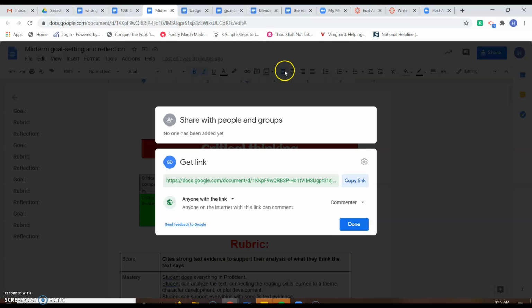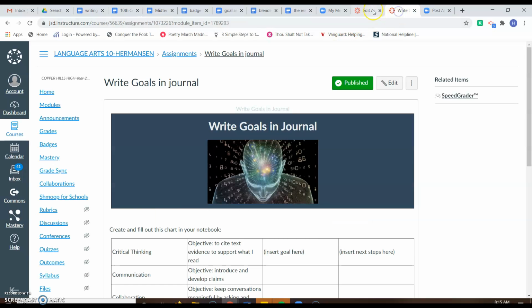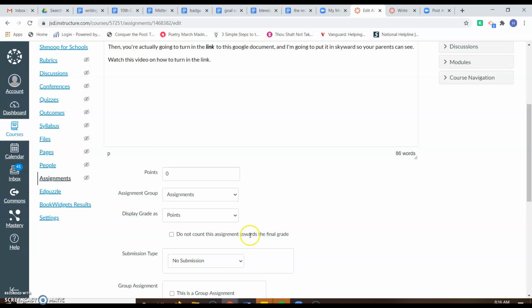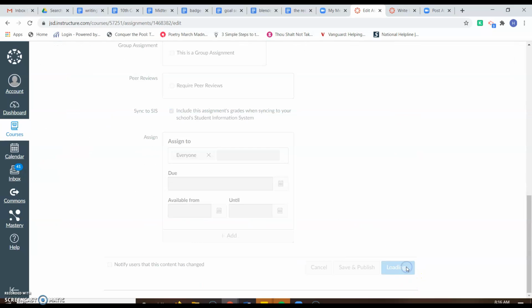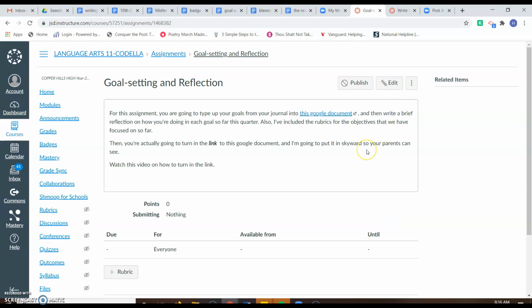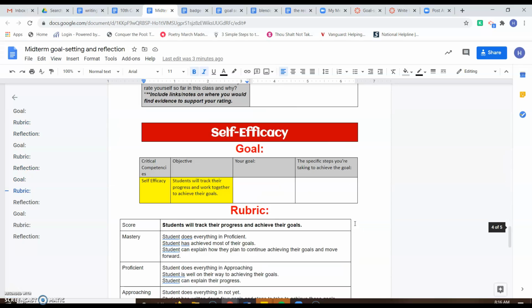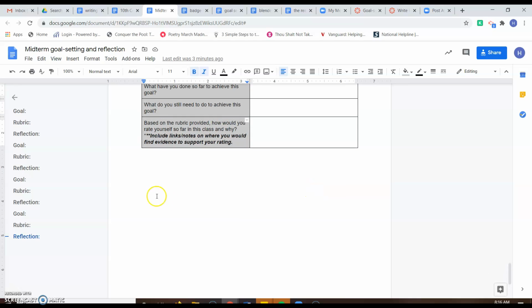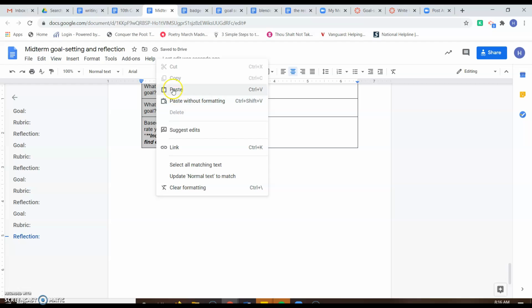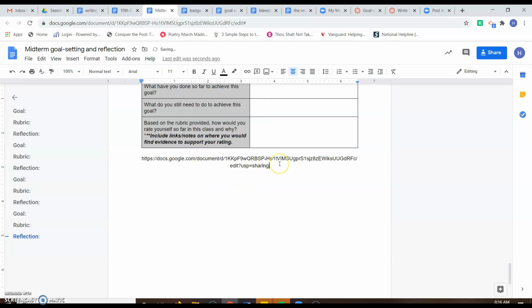And then you're going to come over to Canvas, which is right here. You click submit, which should be right here, and then you're going to paste the link. So, for example, you just go wherever you need to paste the link, which is in Canvas, you're going to go like this and paste. And then I have the link, and then all I do is I click on it,